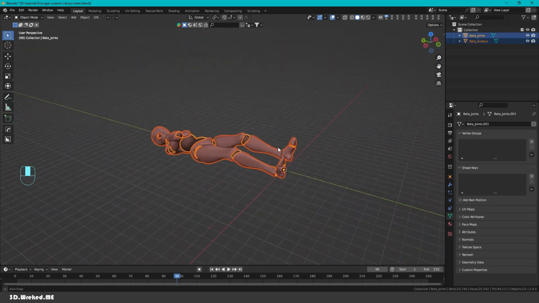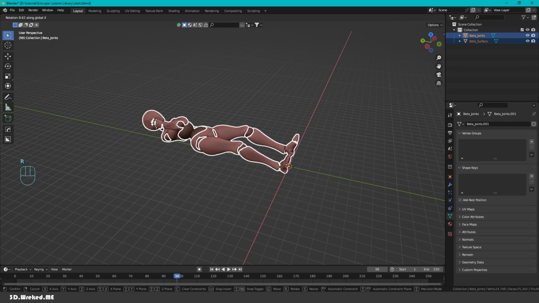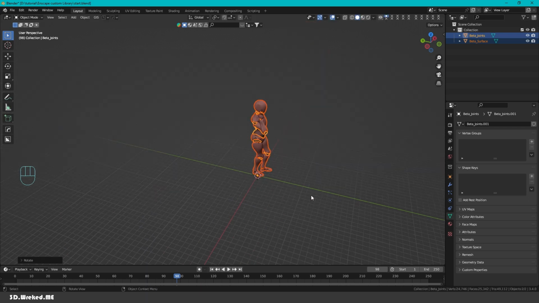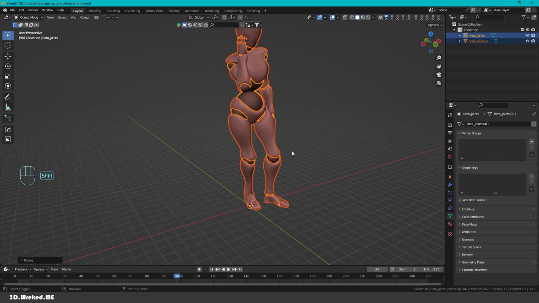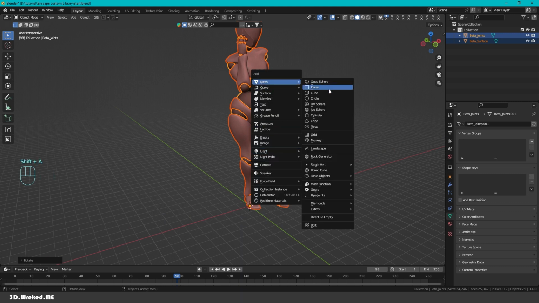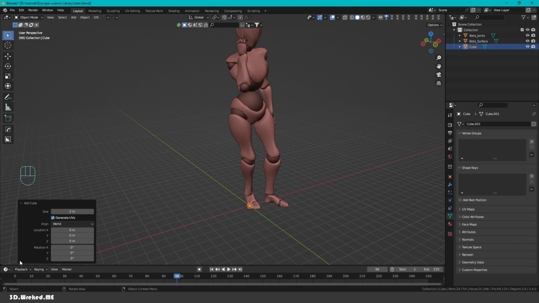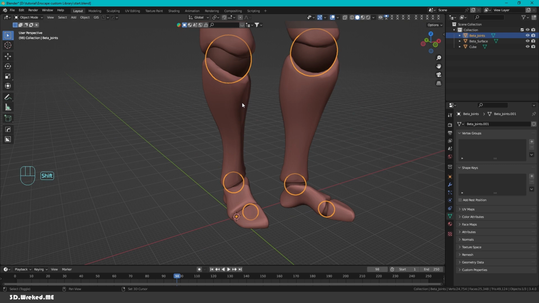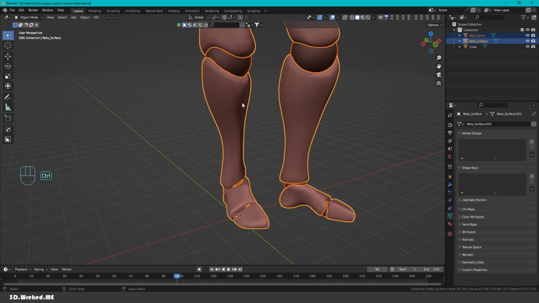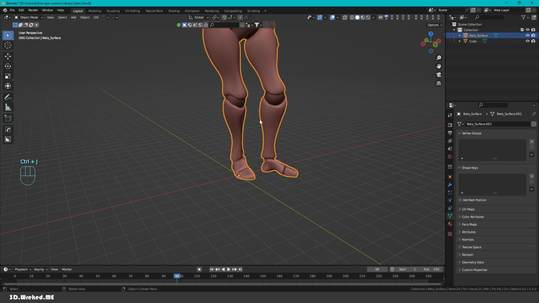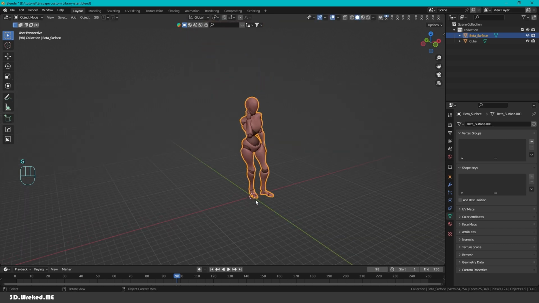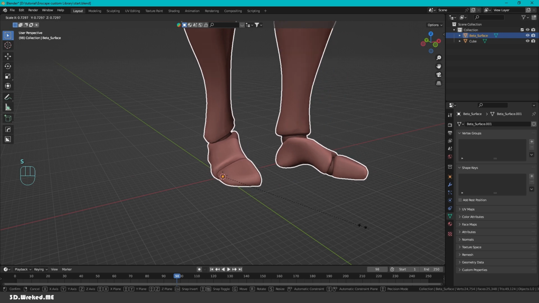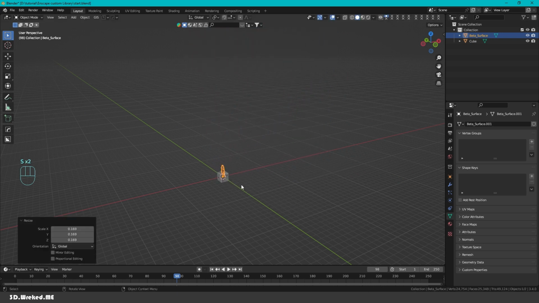this model in place. So we want to rotate it on X 90, and now it's clearly too big, so we want to go Shift A, mesh, add a cube. Let's just make 1.70 the cube, and as you can see, this is pretty big. So if we select this one, then Shift select this one, and then go Ctrl J, it will make a single mesh. So we want to press S and scale it down,